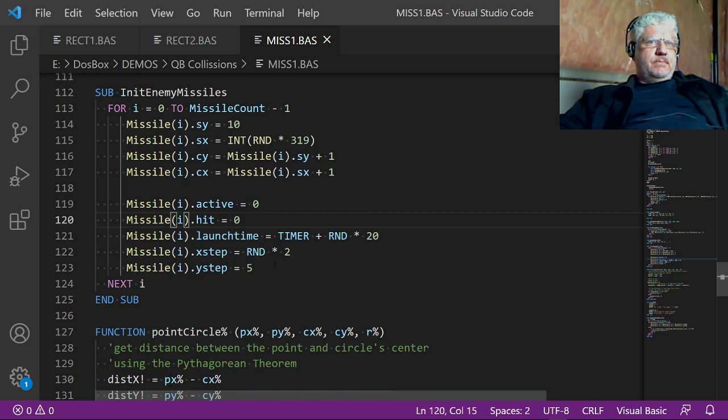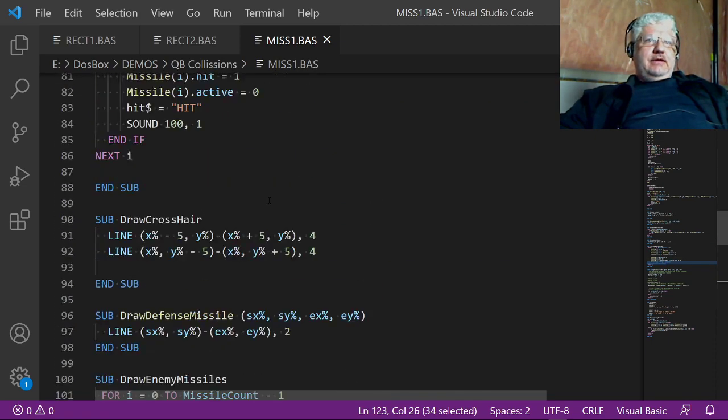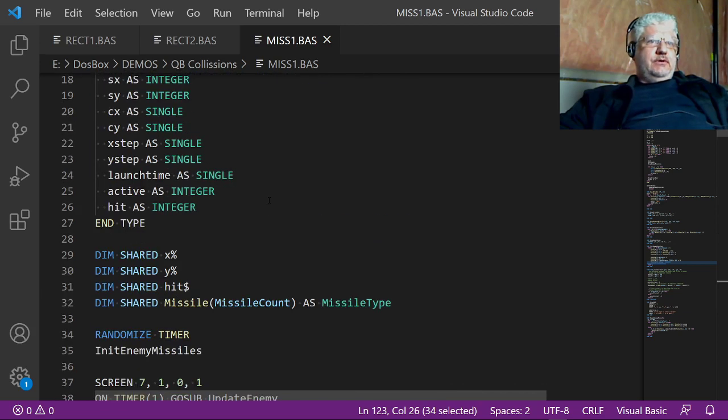And the launch time is the current time plus some random value times 20. So that should give us a range, a good range for the missiles not starting at the same time. Our X step here is a random value between 0 and 2. It actually doesn't reach 2, it's below 2. And our Y step is 5. You can change these values here to make the enemy missiles behave differently. And if we go back to the top,